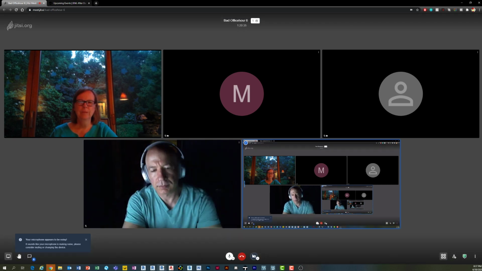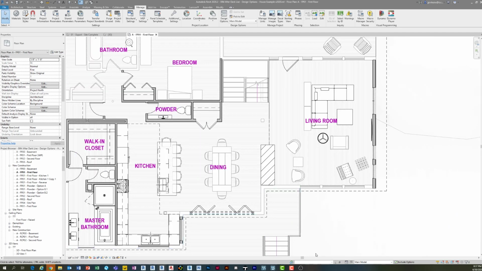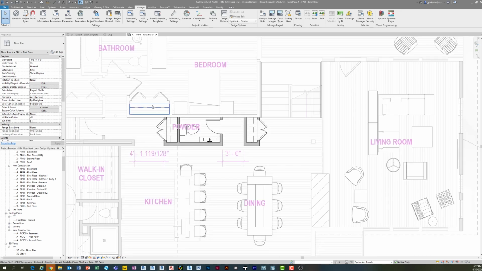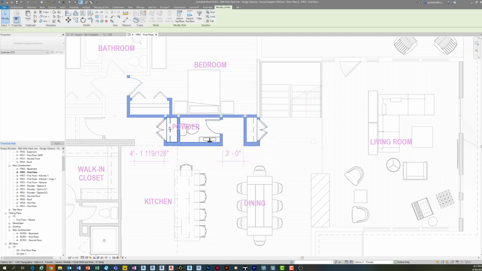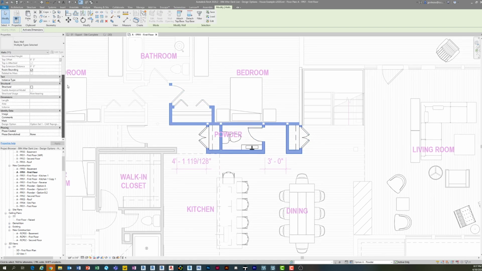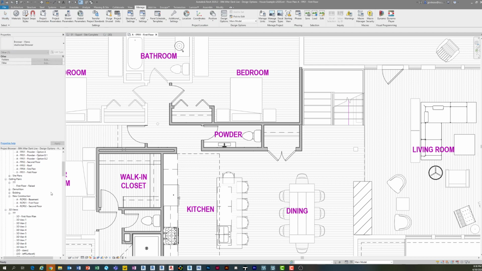As an example, if I wanted to know option A powder room, and I only wanted to know all these walls in a schedule, what I would do is give them some sort of parameter that helps me understand that, whether it's comments, mark, whatever. So let's just say this is option A. I just put a comment in all these walls that says option A. And so now, regardless of phase,